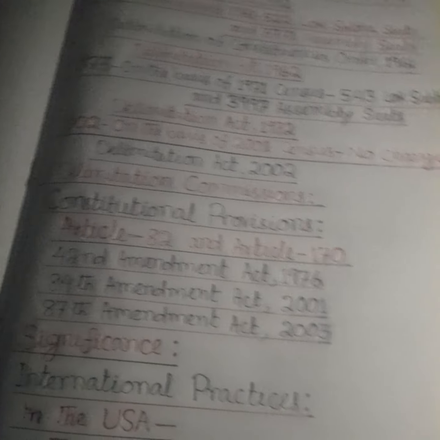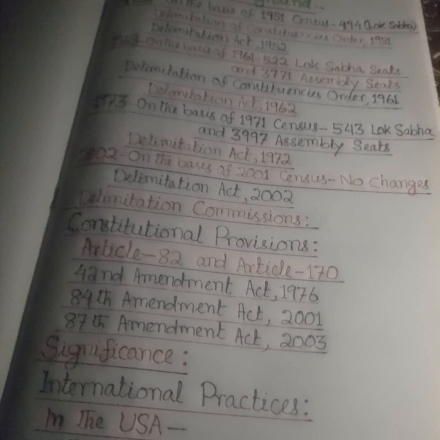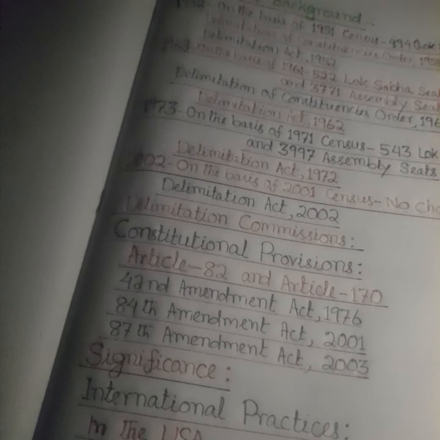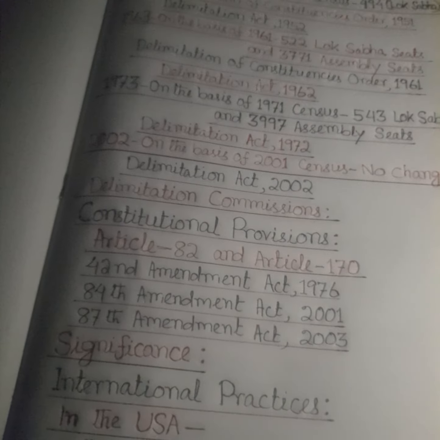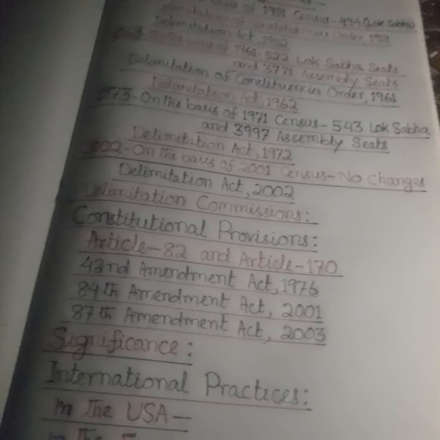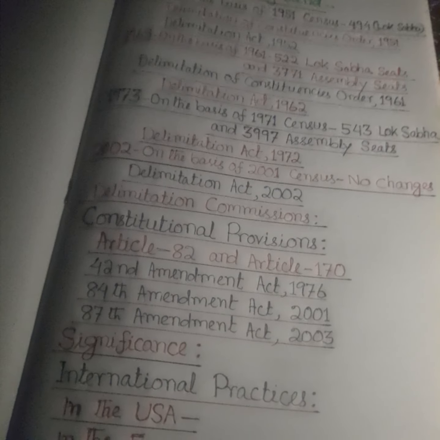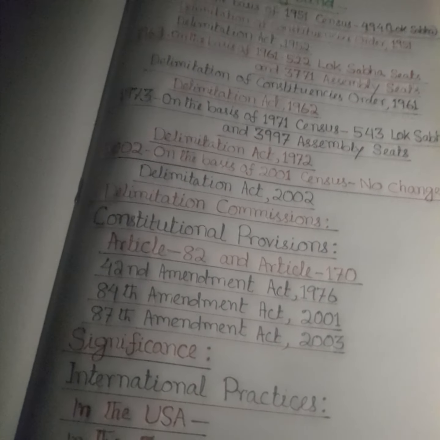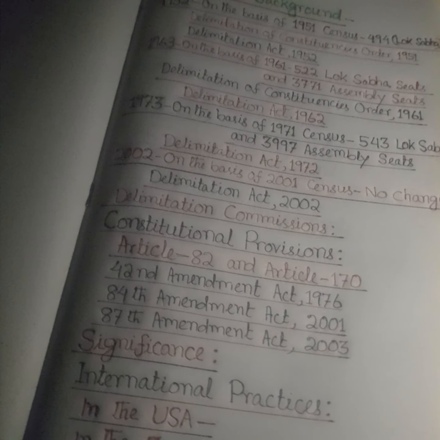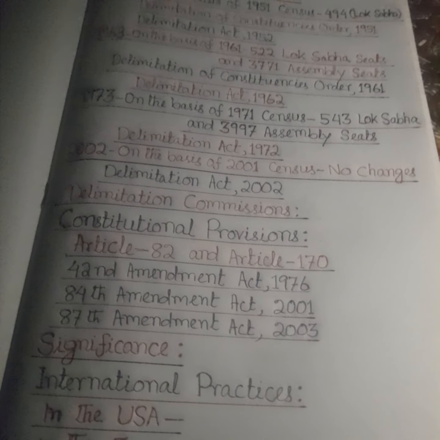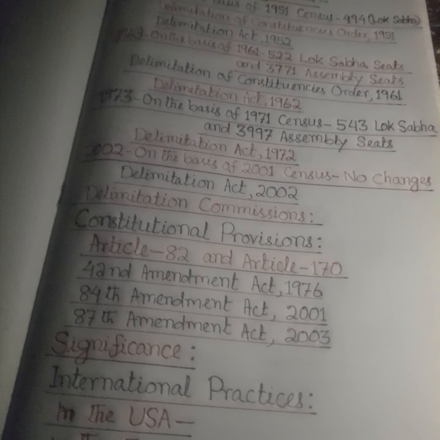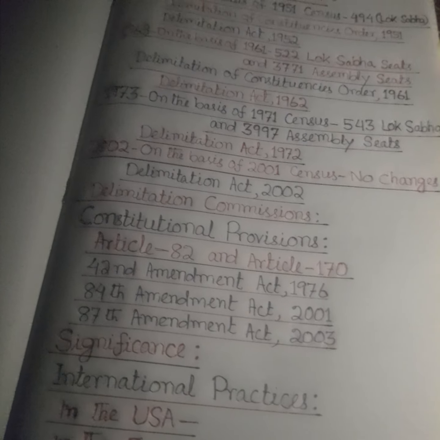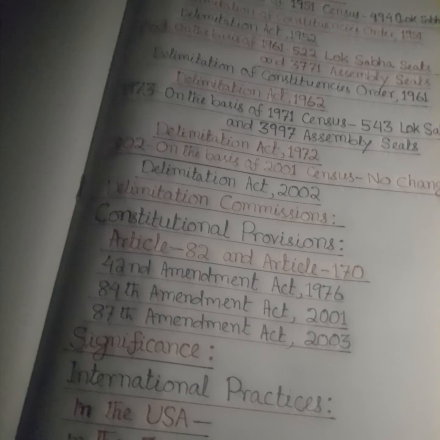The present delimitation of the parliamentary constituencies has been done on the basis of the 2001 census, under the provisions of the Delimitation Act of 2002. And at present, the Delimitation Commission would exercise its power of delimitation only after the first census after